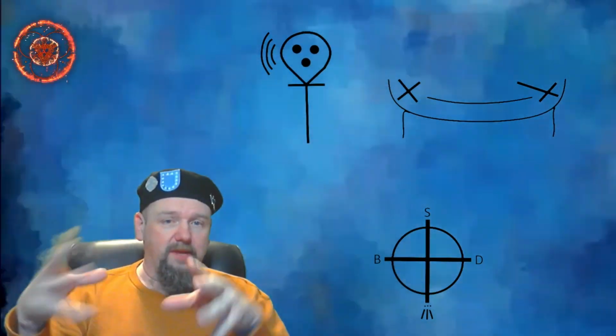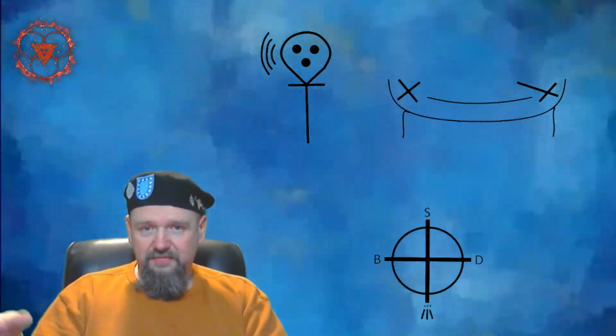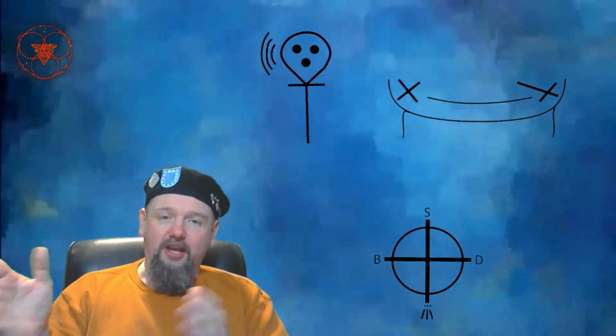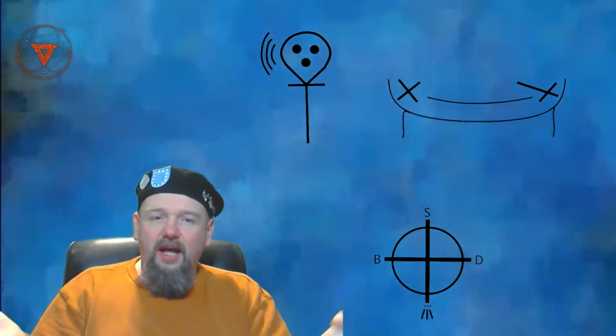So then I can use any sigil. Like I said, I can use lines to connect. I could put them in a circle. I could put them in a square, whatever. And I can connect them with other marks, other symbols. And I can create sigils for spell work. And so I just wanted to share this with you and maybe inspire somebody to create a new sigil for themselves or one for a family member,